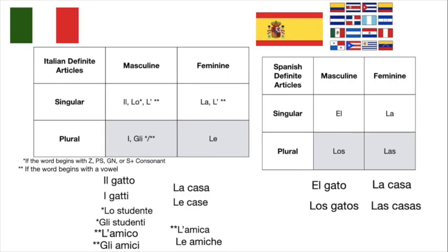Spanish and Italian are both gendered languages, which means that every noun in Spanish or Italian is either masculine or feminine. And that affects how our adjectives are going to agree in number and gender, and it also affects how our articles are going to agree in number and gender. In Spanish, there are only 4 articles, definite articles, for the word the. We have el, la, los, and las, which is masculine singular, feminine singular, masculine plural, and feminine plural. In Italian, there are actually 7 different ways that I can say the. So that, especially for somebody that speaks English where we only have one word for the, can be a little